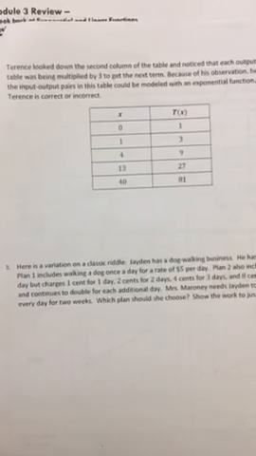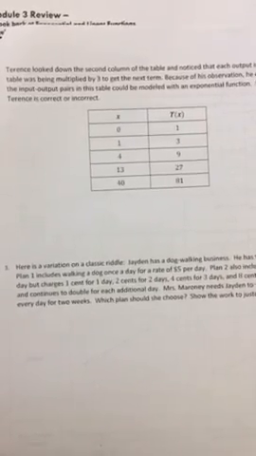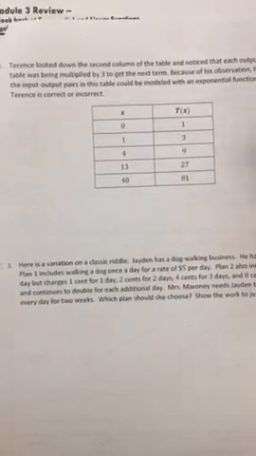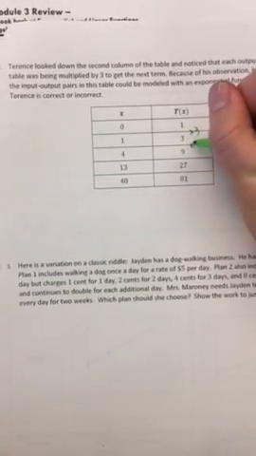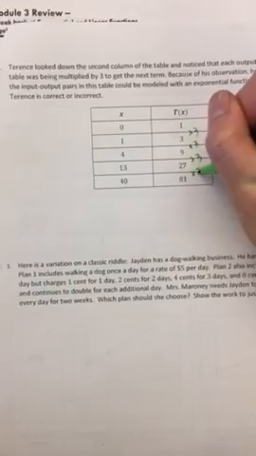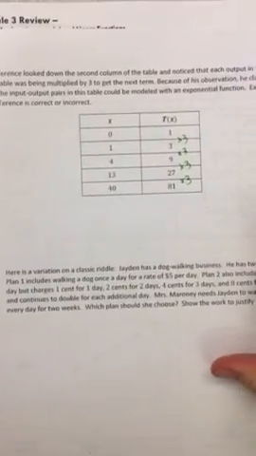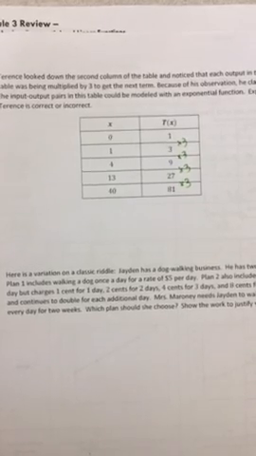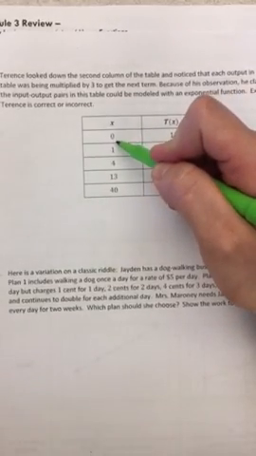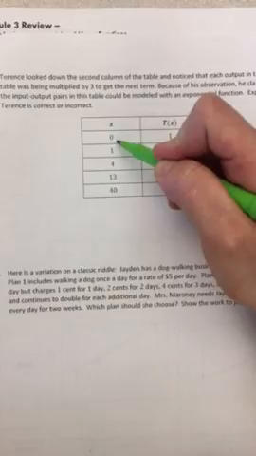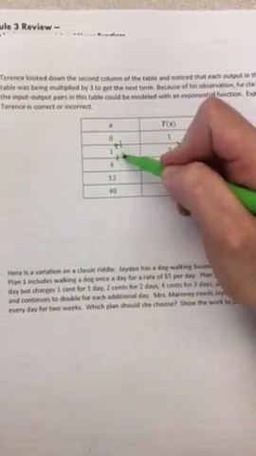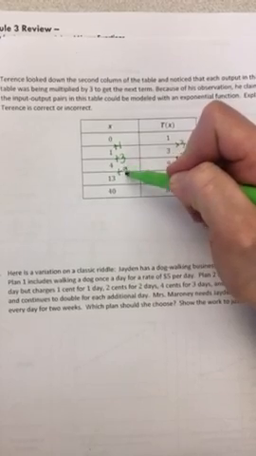Alright, so the answer here, if he looked down at the second column of the table, he noticed that it did not go by a constant rate. It was a multiply by 3 each time. The problem with this is that he is not correct when he says it can't be linear, it could be exponential, because we have to also look over here. This went up by a very different amount as well. This went up by 1, then it went up by 3, then it went up by 9, and then it